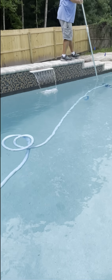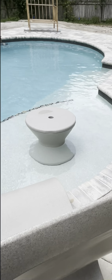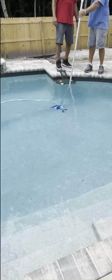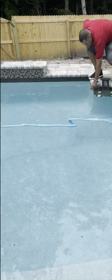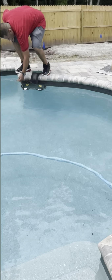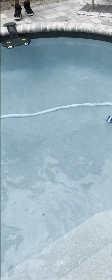So shallow end to deep end. Yeah. So usually I would take my pole and brush anything hanging onto the tile, and then I would take my net and skim the stuff that's floating that I knocked off of the tile, and then I would vacuum it. Wow, that really does work pretty well. Yeah. It's sucking up all that, taking up all that lawn